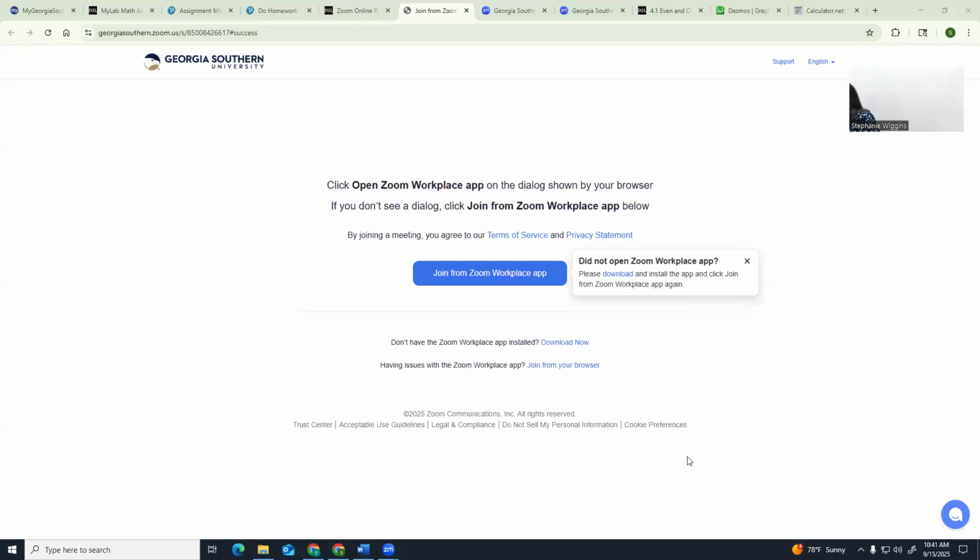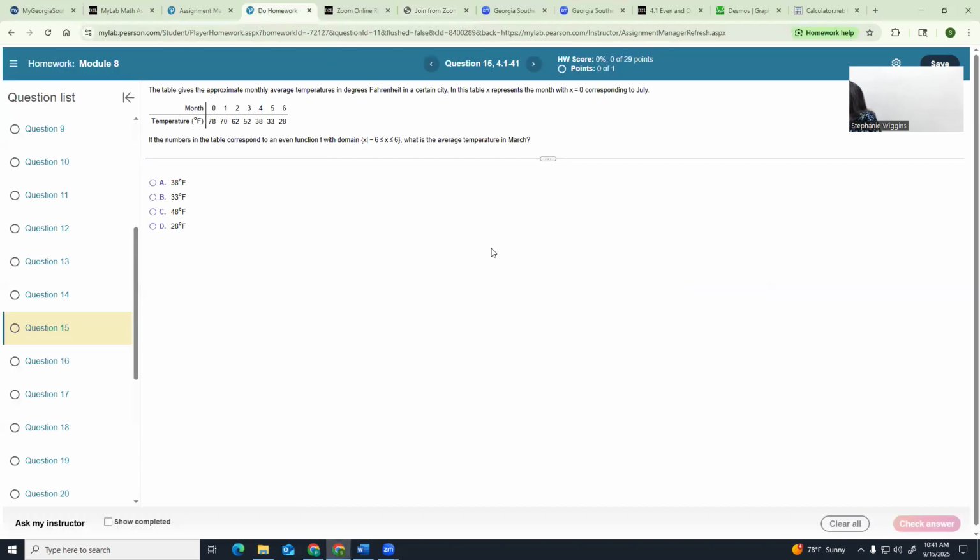The homework, let's see. So we're in module 8, question 15. The way you do this is you notice that the function is even, and that's how we're able to solve this problem. So we have a table of values for the function, and notice that x equals 0 corresponds to